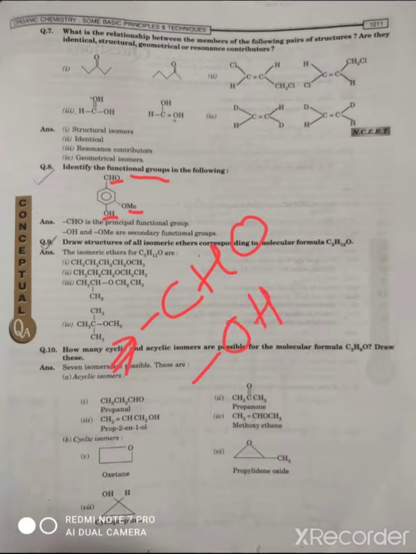Next question, and this is also the most familiar type of question: a formula will be given to you and you have to identify the functional group present in it. In this, whatever groups we can see here, there is an aldehyde group CHO, there is an alcoholic group OH, and there is a methoxy group that is represented as OMe. So how many functional groups are here? Aldehyde group is there, alcoholic group is also there, and methoxy group is also there.